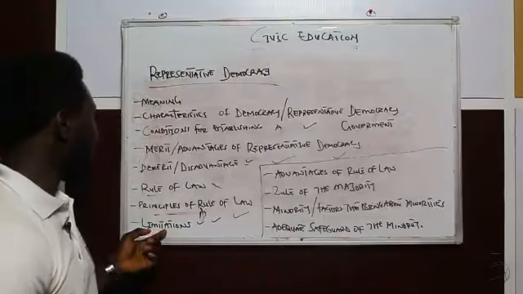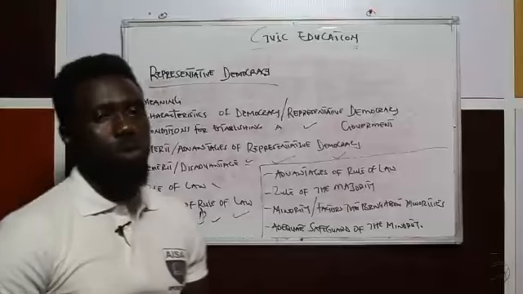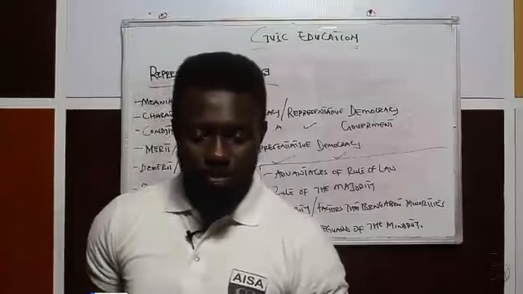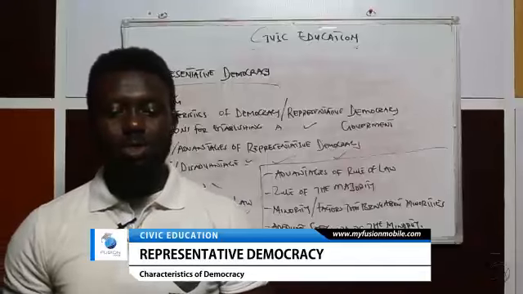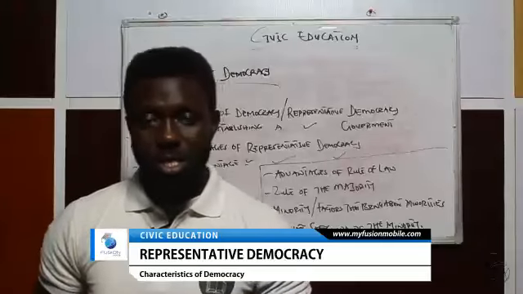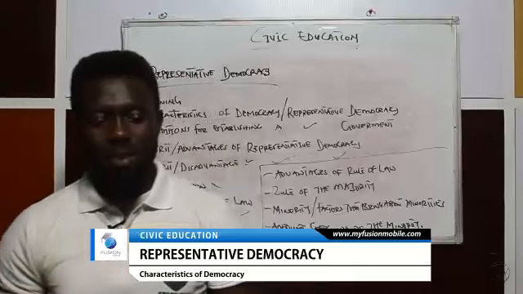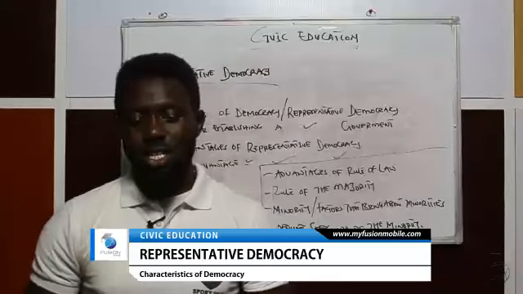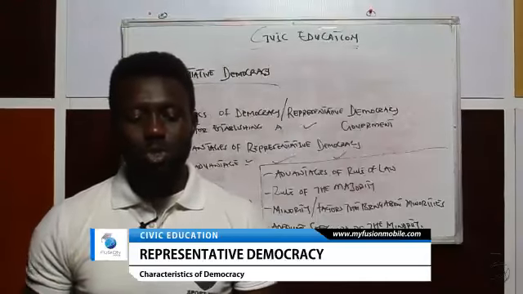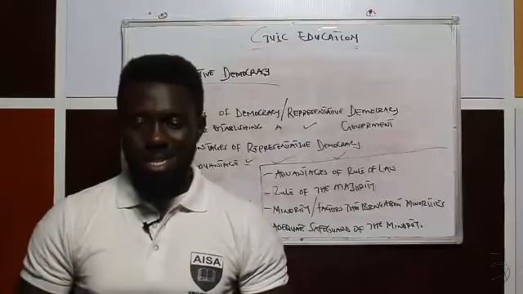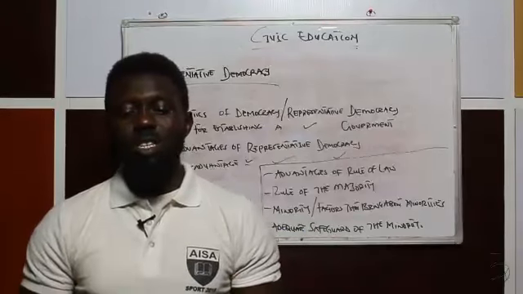And now let us look at the limitations of the rule of law. So the following are some of the limitations of the rule of law. Number one, we have parliamentary and executive immunity. Number two, we have diplomatic immunity. Number three, we have delegated legislation. Number four, we have administrative tribunals. And number five, we have state of emergency. Number six, we have immunity of judges.